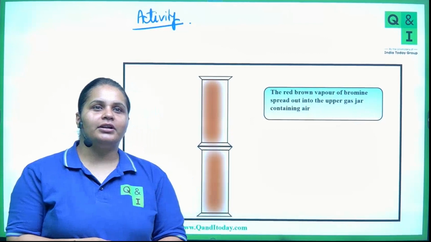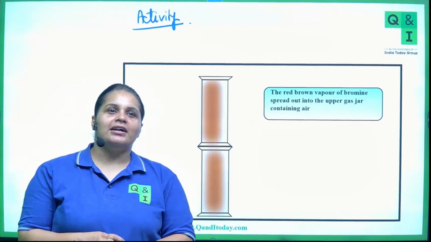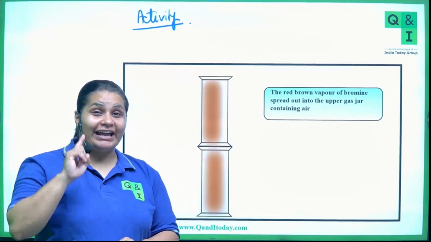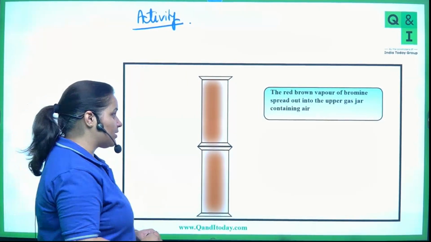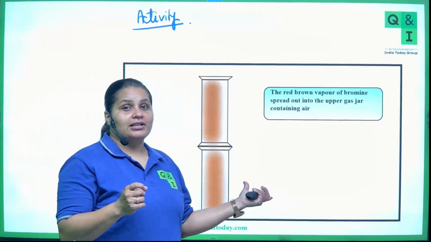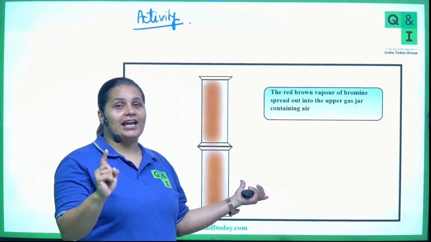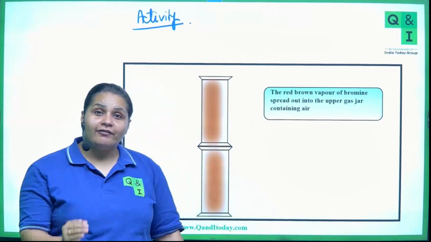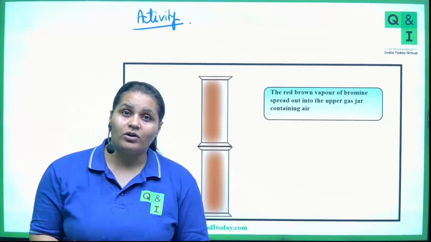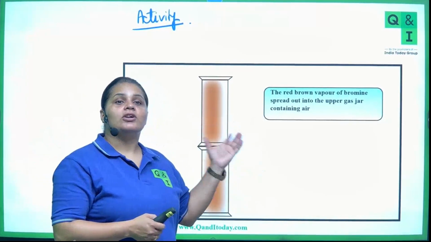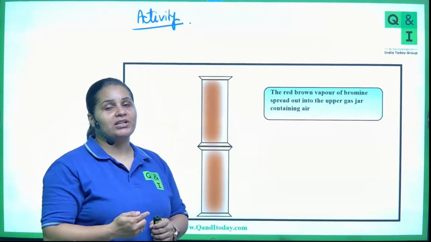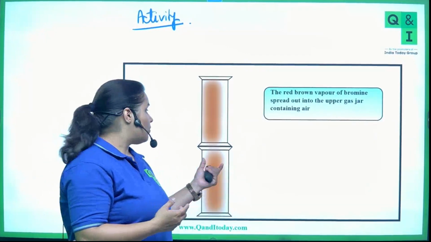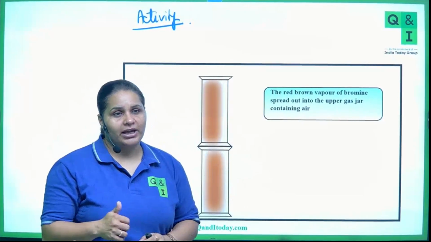Okay, so very good, Kevin, Sanjeev, Samagna. So Henna, the answer will be reason two, that is due to diffusion. Bromine vapors are heavier than air. Do remember this. That's why I'm saying that this is important, because the question is there in NCERT exemplar, right? So bromine vapors are heavier than air, but then also it moved upward. Why? Due to diffusion, that is intermixing of particles. And what are the two substances in which intermixing occurred? Bromine vapors and air.